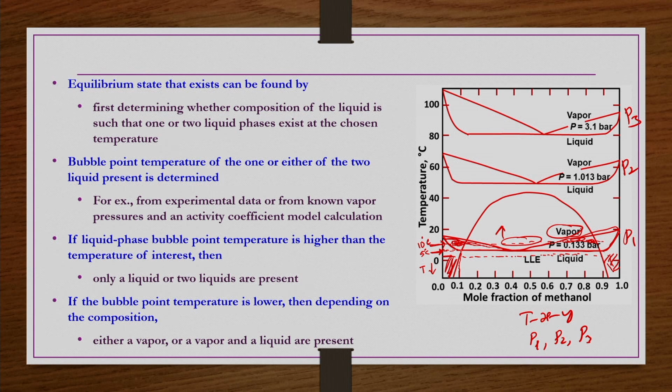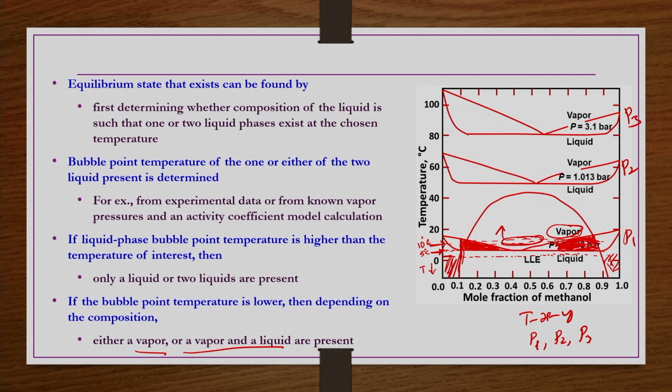So, at the bubble point temperature we have found at this composition, right. After this we have only one particular case because this is the bubble point temperature, and then we are taking a higher temperature than the bubble point temperature. Depending on the composition, you can have VLE behavior or only vapor behavior, or again you can have a kind of vapor region here in this region. So, all this is possible depending on the composition, that either only a vapor or a vapor and liquid are present, that is all possible here. Okay. So, this is how you can find out.